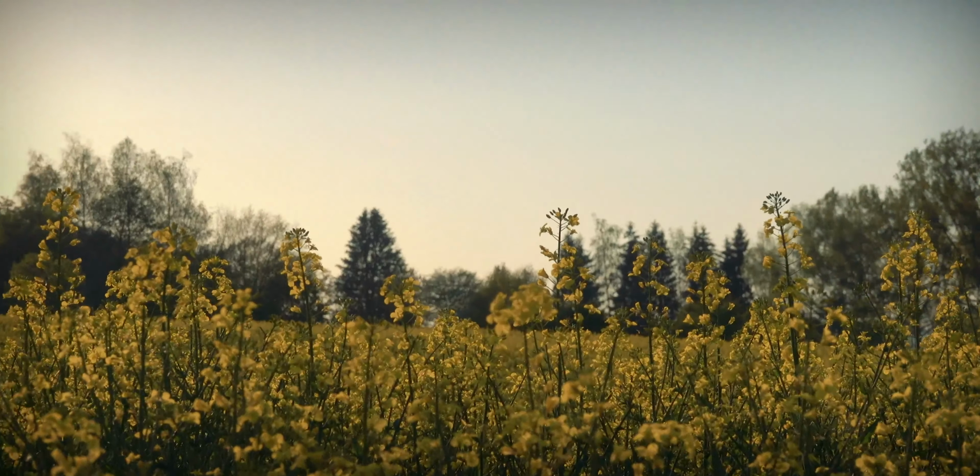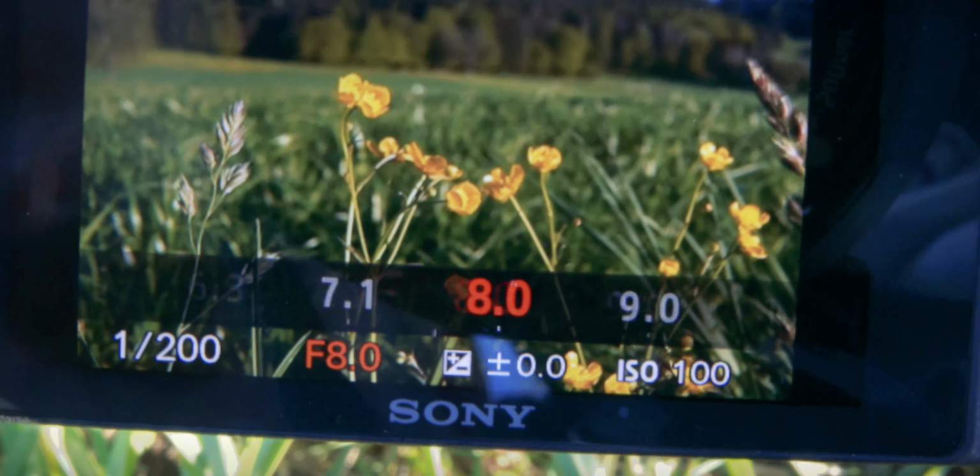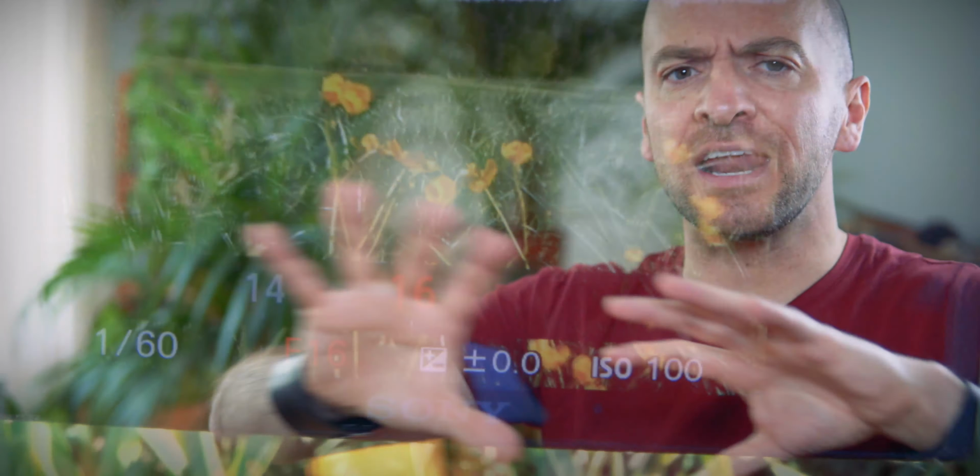Now, if we want the opposite, we don't want blur, separation, bokeh, none of that. We want everything to be in focus, like, for example, landscape photography. How do we achieve that? We don't want small decimal numbers this time. We want bigger numbers. The bigger the number, the more it will focus on infinity and everything will be in focus. Let's say we go to the mountains and put our tripod and camera right in front of a beautiful tree. At the end of this landscape, we see the mountains and clouds and everything. How do we get everything in focus?